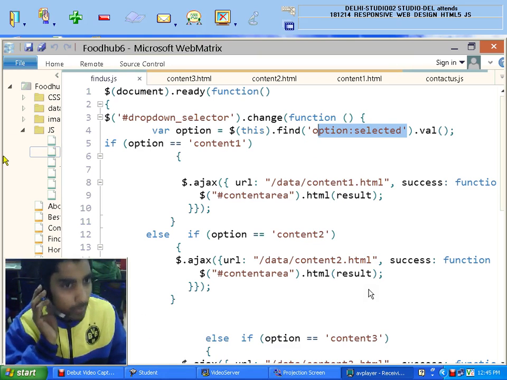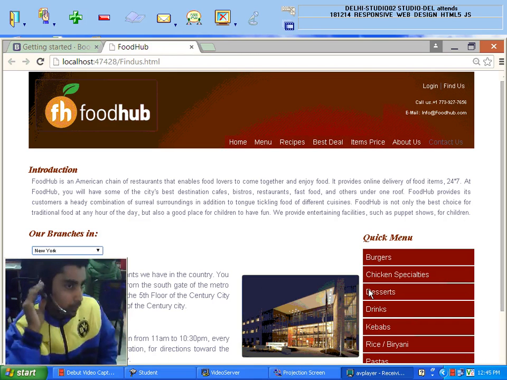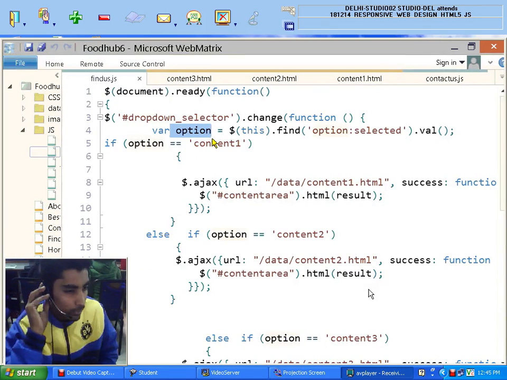So if I come to this select box and choose a value, maybe the first option or the second option, it has a value, and that value will come to this variable whose name is option.